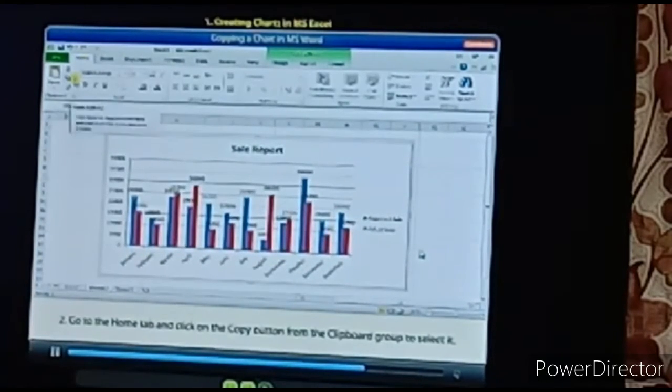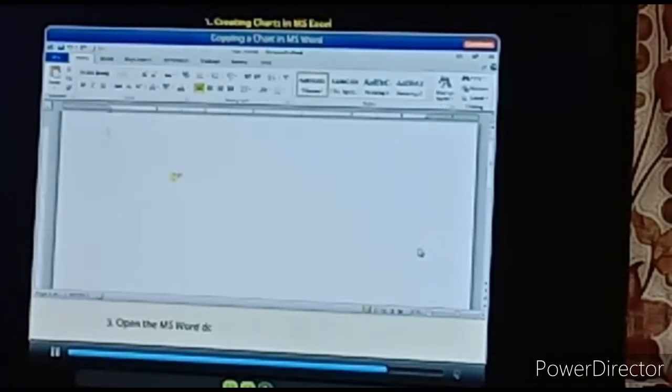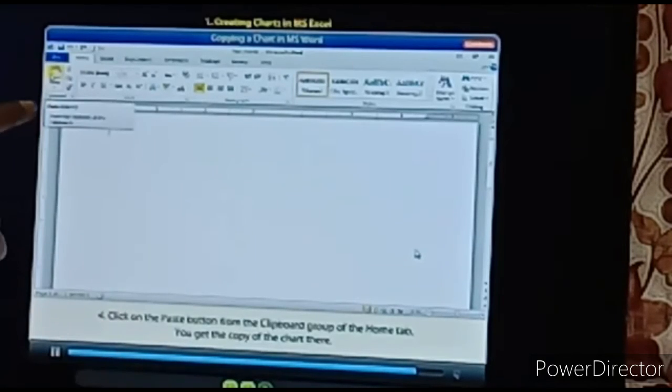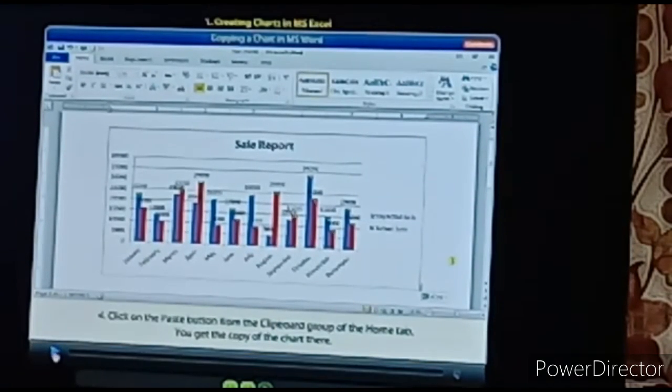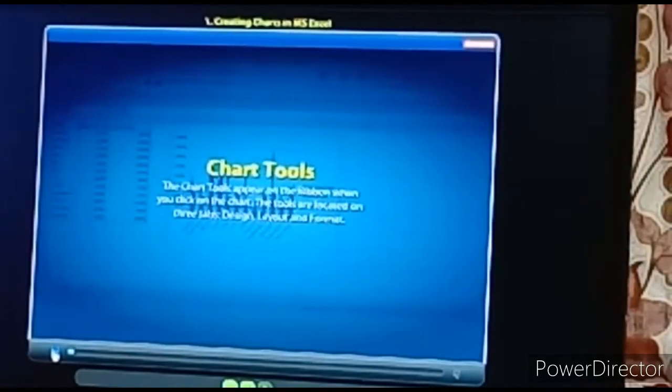Next you have to go to the Home tab, and copy this one to the clipboard, and then we have to go to MS Word, and where we want to paste, we have to paste it in that particular document area. That is how we copy the charts from MS Excel to MS Word.